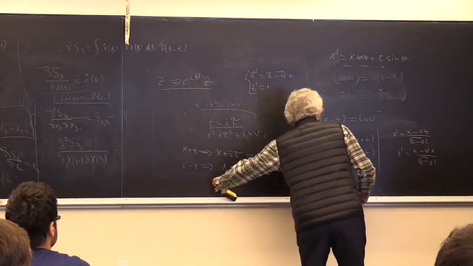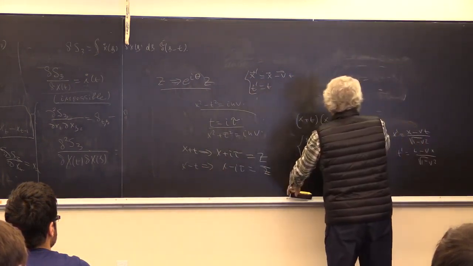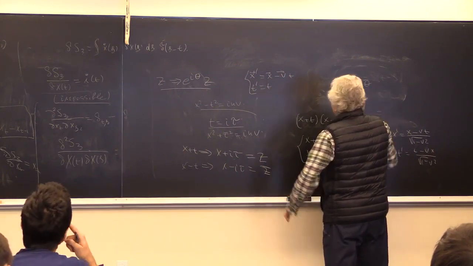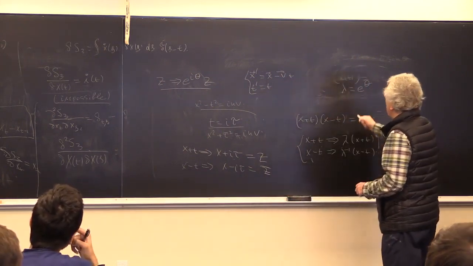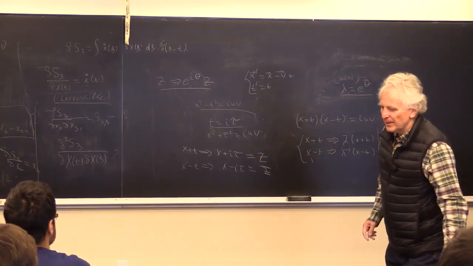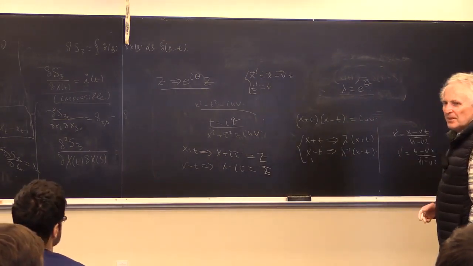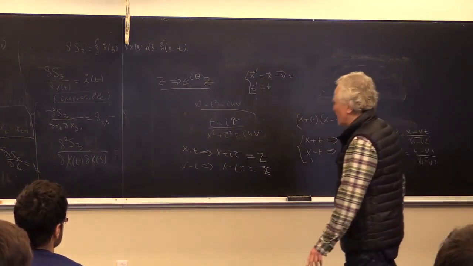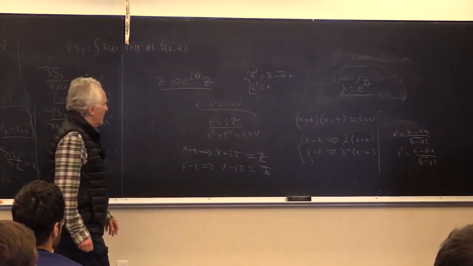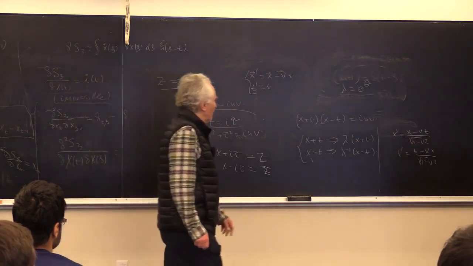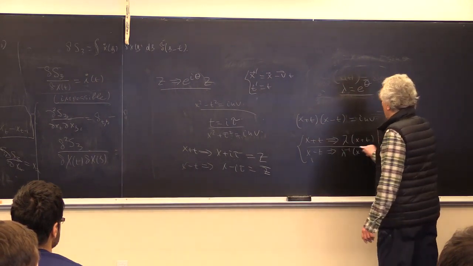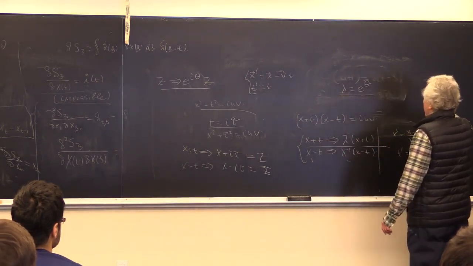I will help you by changing notation here. I will introduce a new variable, which is sometimes called rapidity, which is e to the theta. It should help you to understand the meaning of this transformation. So what is this? We have